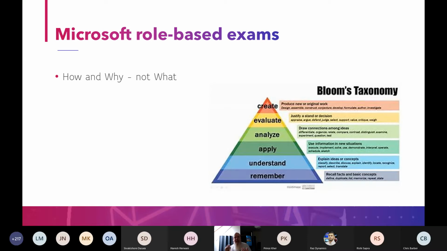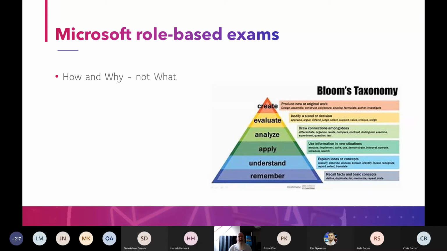So the exams now very much have moved up the cognitive level. They are now much more at the apply, analyze, and evaluate stage, where you often have to combine 2 or 3 different things together and work out what the answer is. It's more the how and the why, not the what. So you have to be able to interpret some of the questions. You can't just read the material and then go and regurgitate facts. You'll fail. You need to get hands-on. You need to understand what you're actually doing and how things apply. When should I use them?